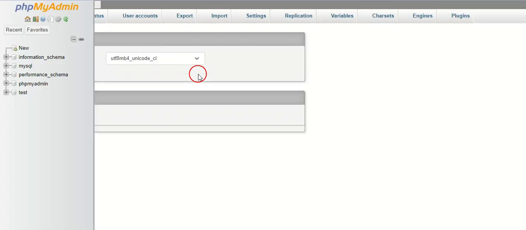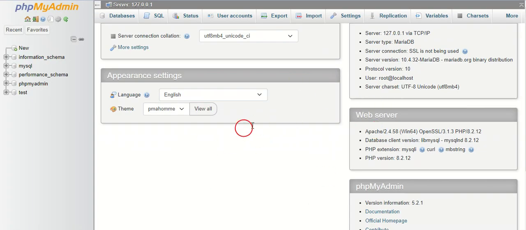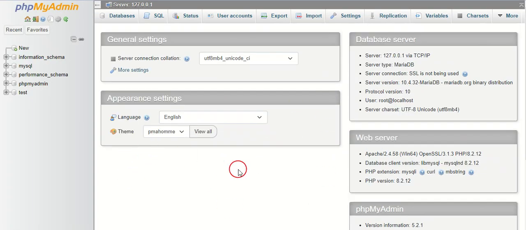Except we just see once this one has loaded. If you are used to MySQL or you are used to phpMyAdmin, you must have seen this interface before. Please, I hope you are all seeing this interface. Are you seeing this interface, right? Yes, we are. So fine.